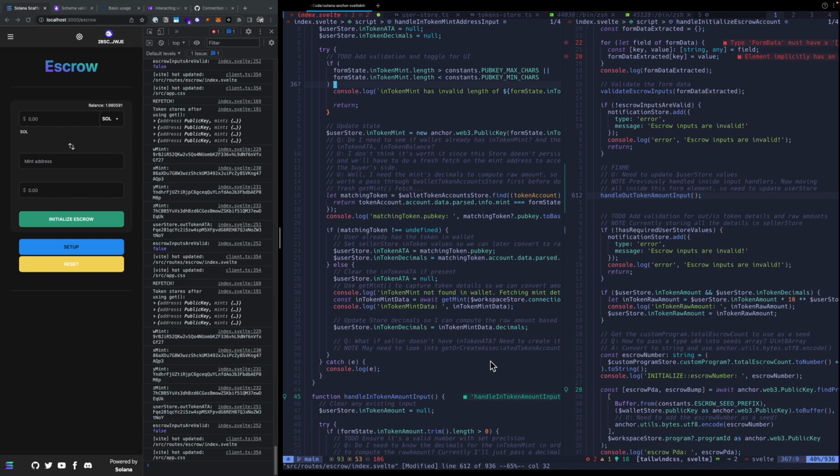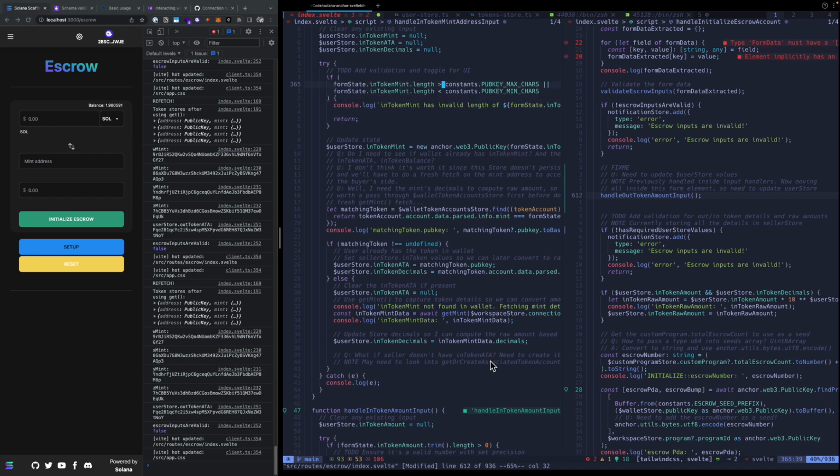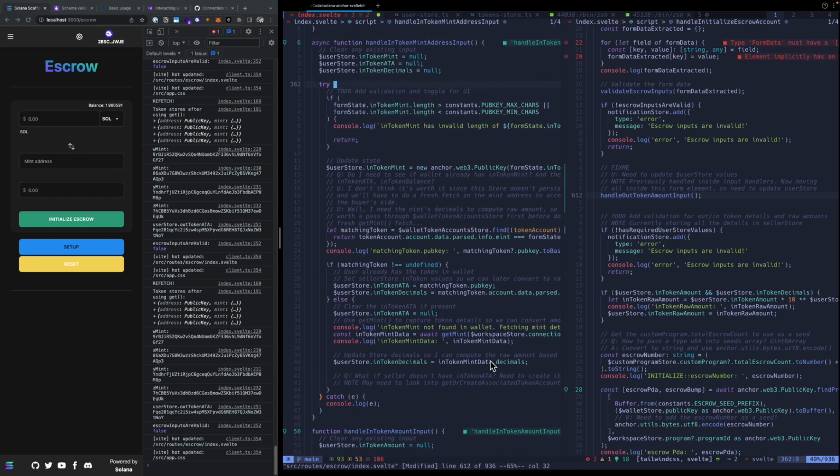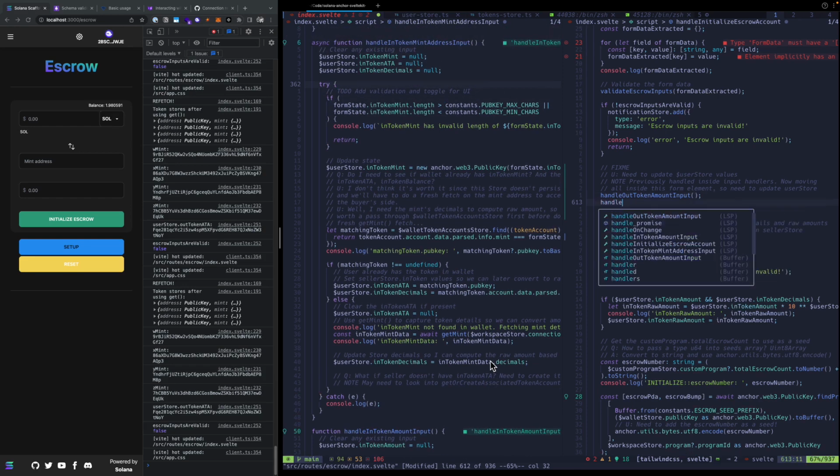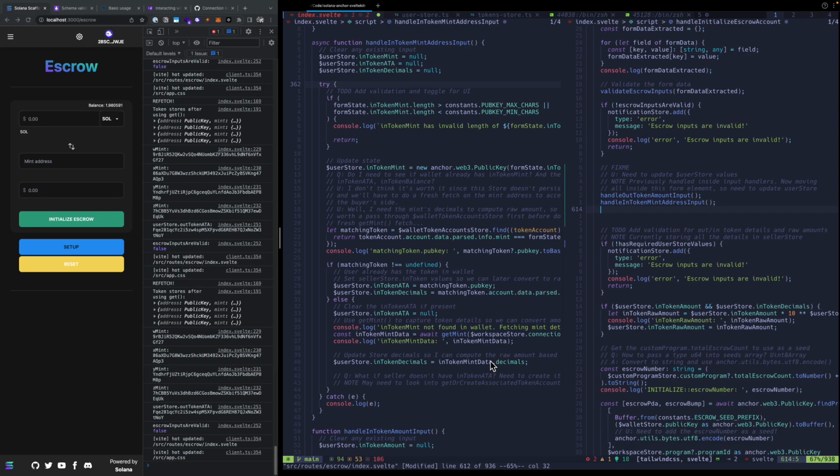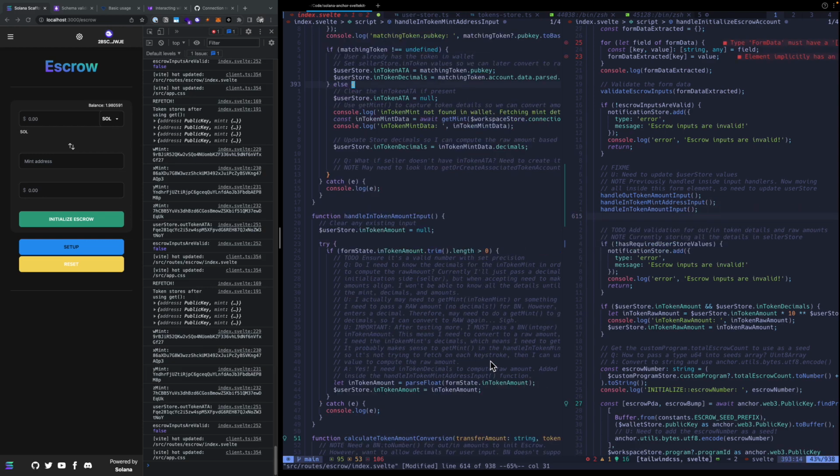Such a pain. I mean, honestly, it's handle token mint address input, handle token amount input, all of that would probably